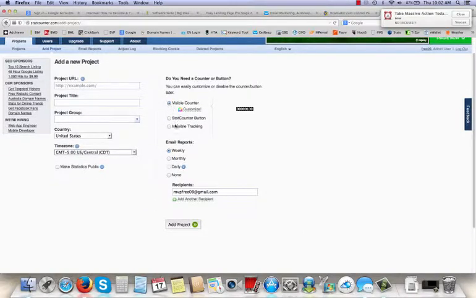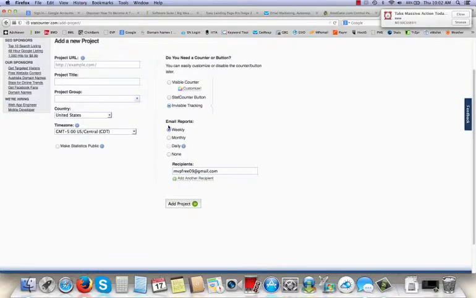I always put invisible tracking. I don't want it to be visible. I just put invisible. And then I like my reports to come weekly. These reports will come to you weekly, and what you can do is you'll have a report come right to your email